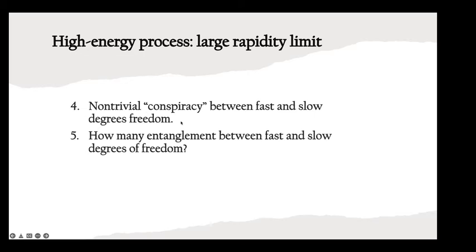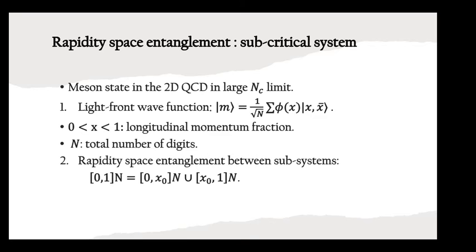Therefore, the presence of a very non-trivial asymptotic behavior in the rapidity gap means that there are non-trivial conspiracies between the fast and slow degrees of freedom, which means the information is exchanged in a very delicate and specific way. Therefore, one can ask a natural question: how to understand this in terms of entanglement? Does entanglement really reflect some non-trivial properties of quantum field theory in the so-called large rapidity limit or in the light front limit? And this is the work we are doing. Well, this is what we are going to present now.